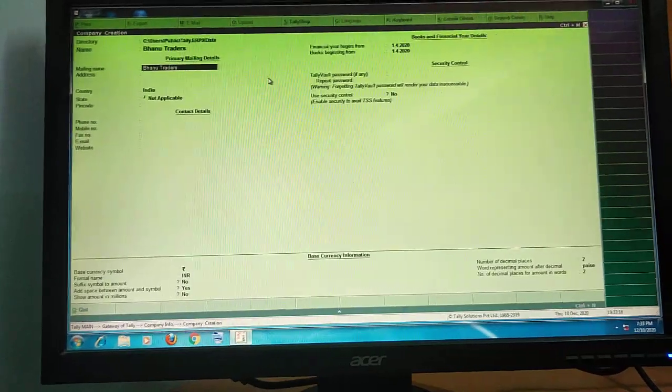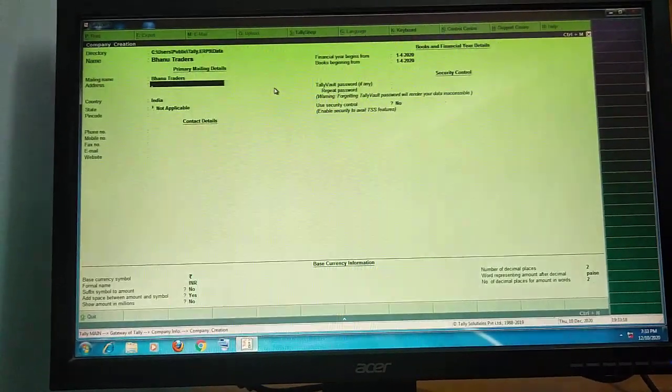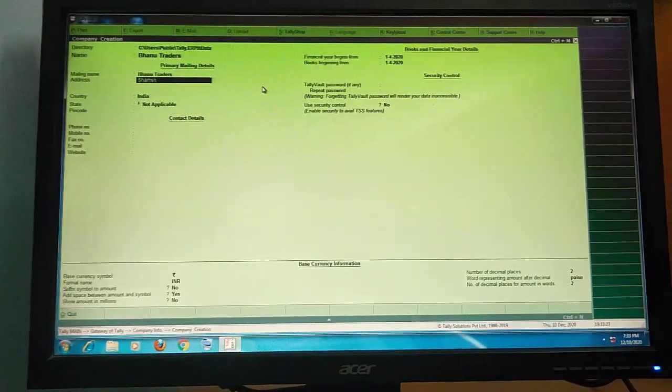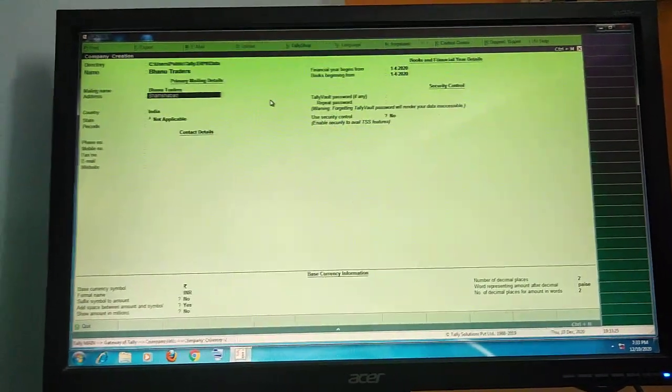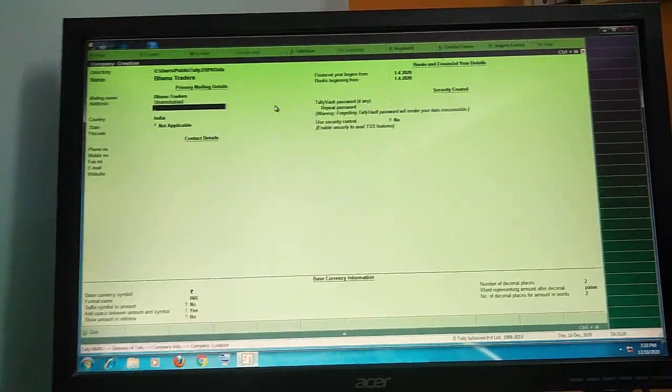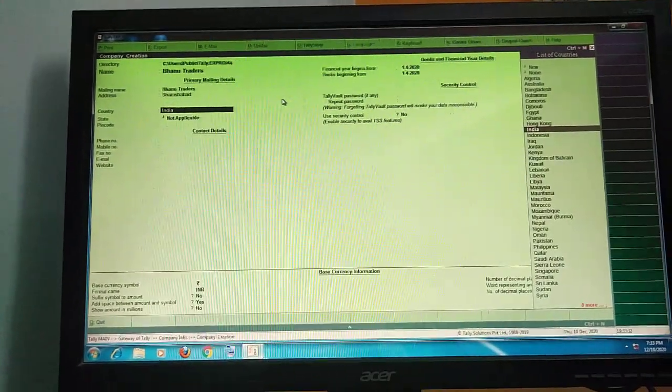And you go to the Address. Where is the company address? Which location? For example, I will take Shamshabad. Shamshabad location. If there is any more address, type it, along with the road number and colony name. And you go to Country.